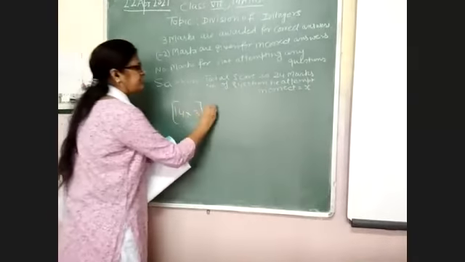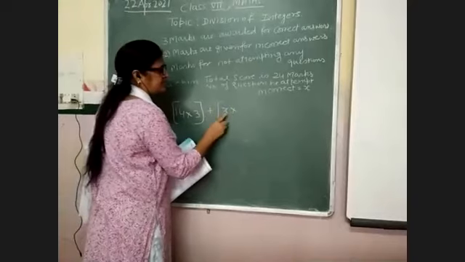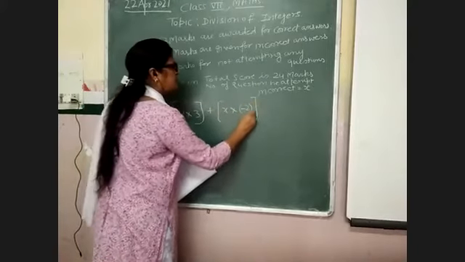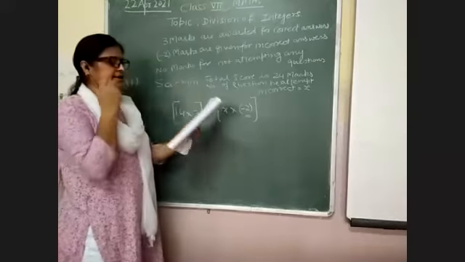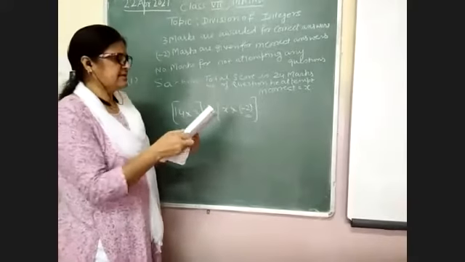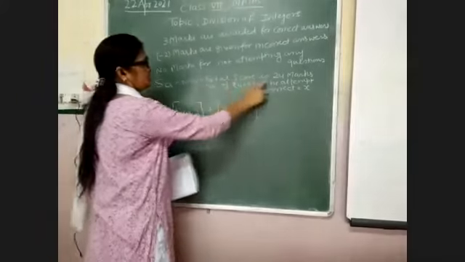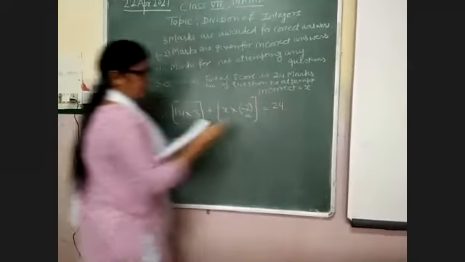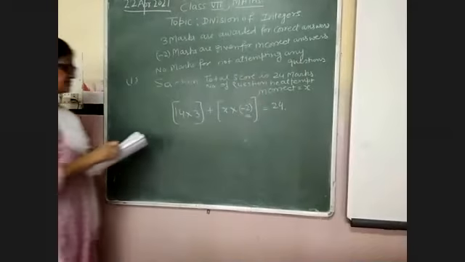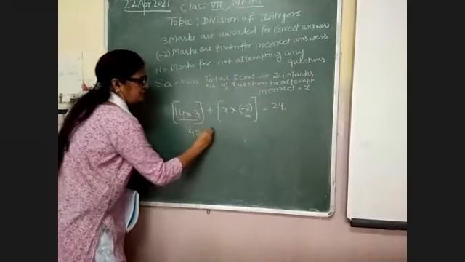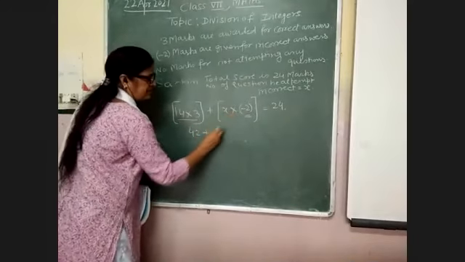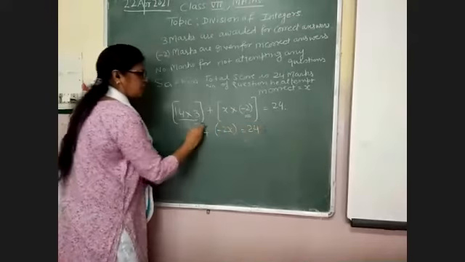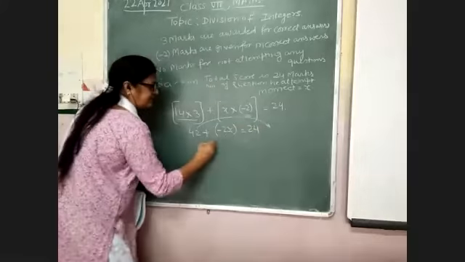And how many questions he has answered incorrectly is not given, so the number of questions is x, and -2 marks are given for each incorrect question. And his total score is 24 marks. Okay, so how will you solve this question? 14 3s are 42 plus minus 2x equal to 24. So you will transpose 42 to the right hand side.